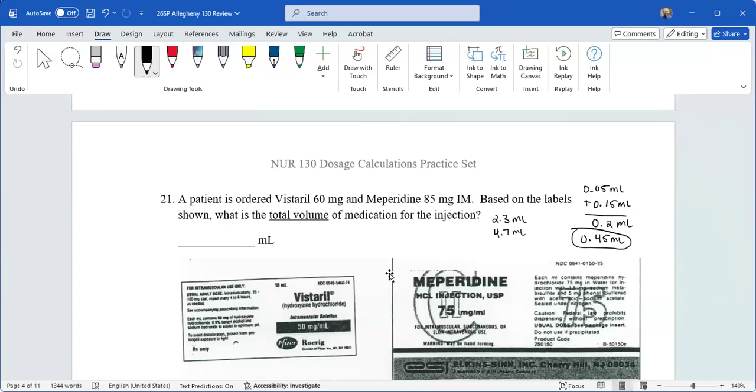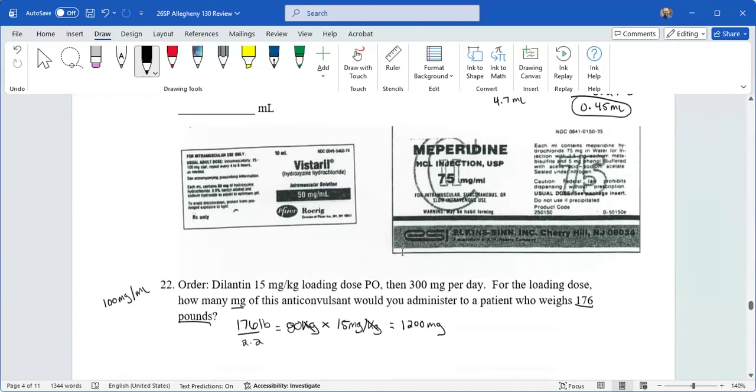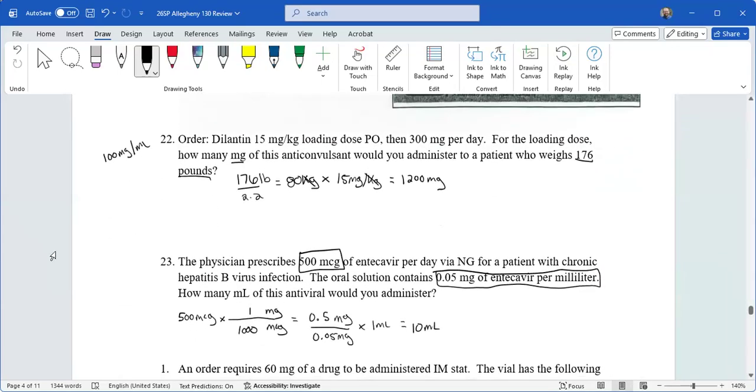Is 25 the visceral mepridine question? Oh, okay. Here you go. Yeah, so